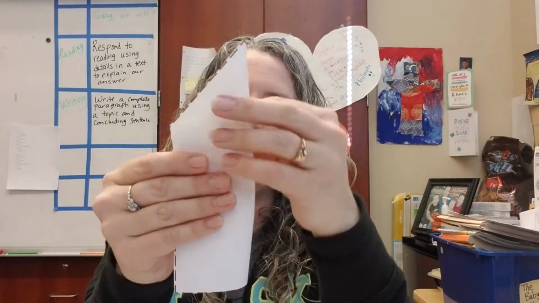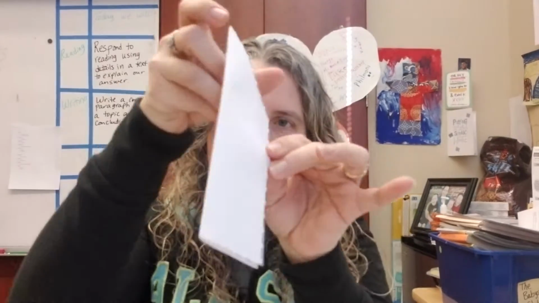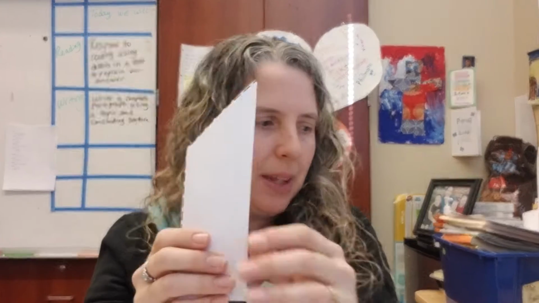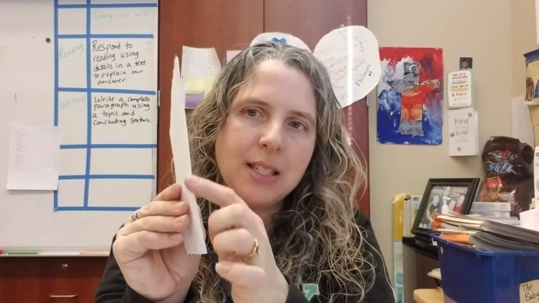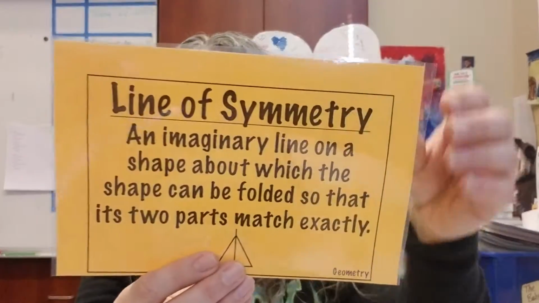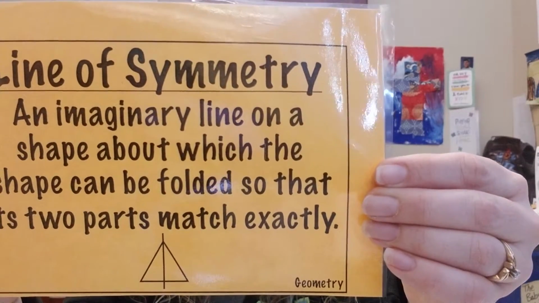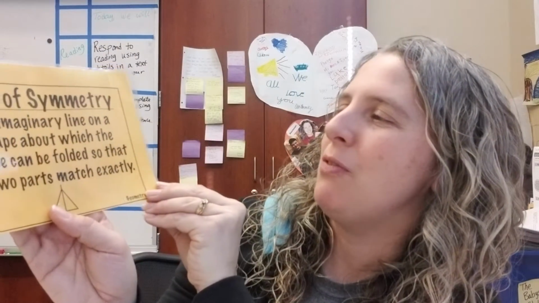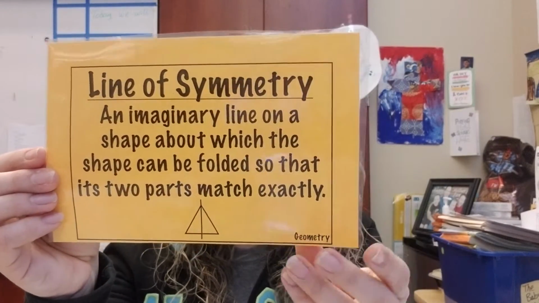What did you notice when you fold it in half? It's the exact same on both sides. When something is the exact same on both sides, that's called a line of symmetry. And so look at this. This is our vocabulary word, line of symmetry. It's an imaginary line on a shape about which the shape can be folded so that its 2 parts match exactly. So today we're going to make real lines of symmetry, but when you look at different shapes, there's imaginary